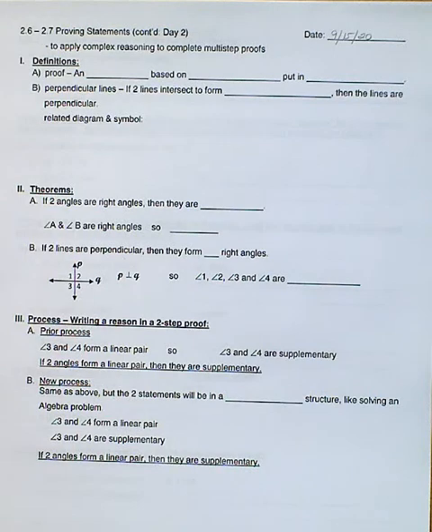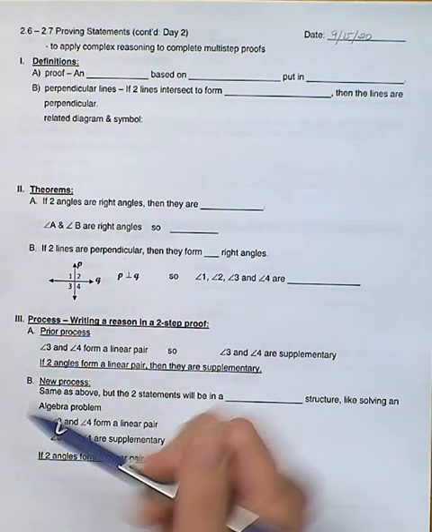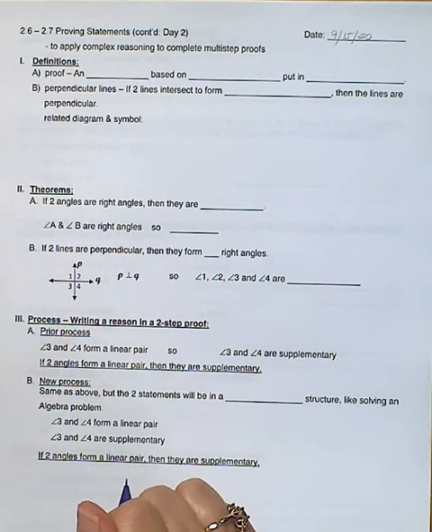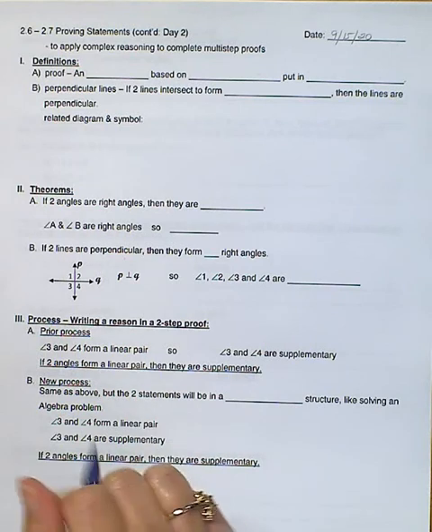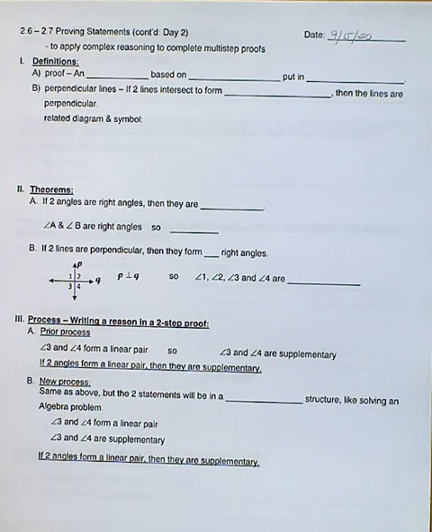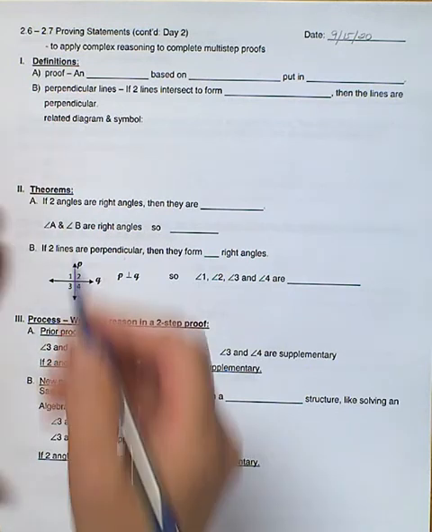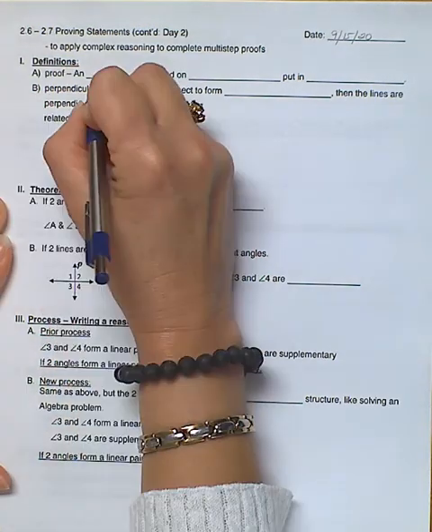We're going to apply complex reasoning to complete multi-step proofs. Complex reasoning is just saying we're using deductive reasoning, and we're going to do multi-step proofs. So we have a couple of definitions. The first one would be proof, because if I expect you to do a multi-step proof, you should probably know what a proof is. A proof is an argument